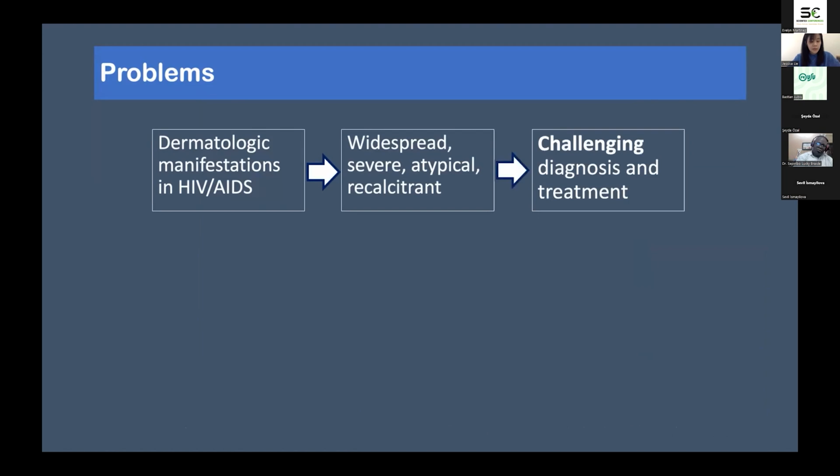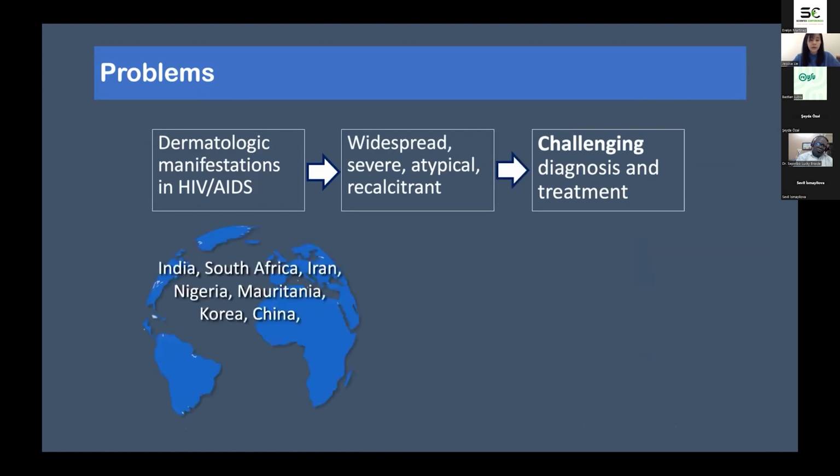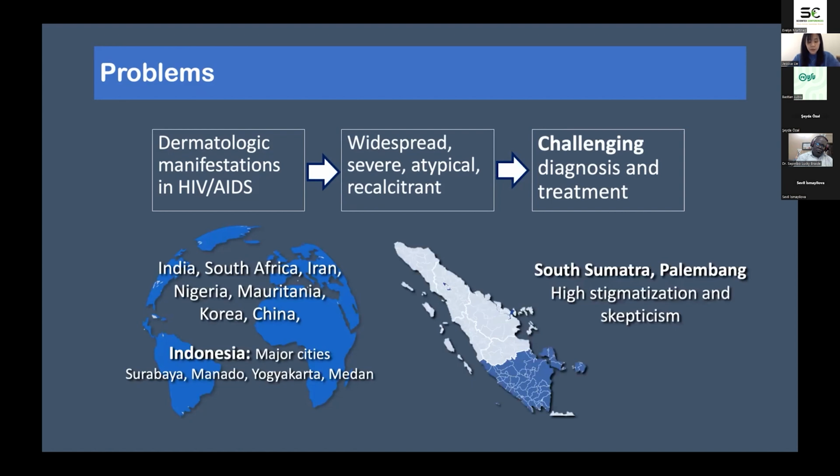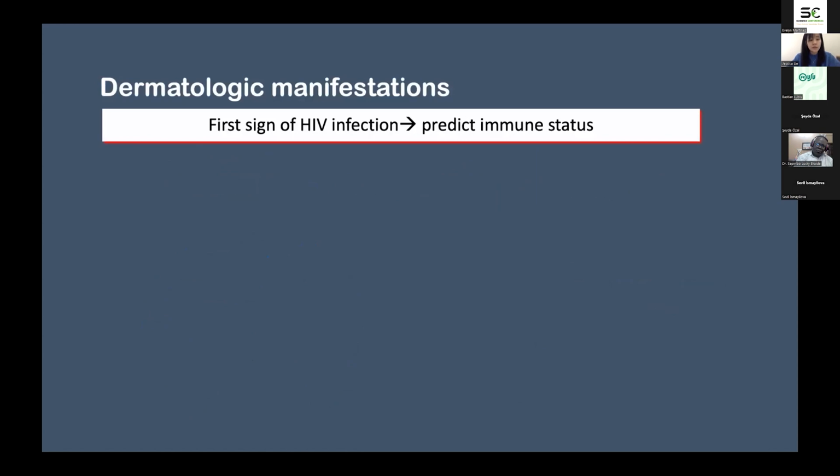Many similar studies were done in India, South Africa, Iran, Nigeria, Mauritania, Korea, and China, but studies in Indonesia were done only in major cities such as Surabaya, Manado, Yogyakarta, or Medan. Palembang is a smaller city in South Sumatra, Indonesia, which represents a more conservative population with low awareness, high stigmatization, and skepticism towards HIV/AIDS. Dermatologic manifestations may be the first sign of HIV and are postulated to predict the immune status